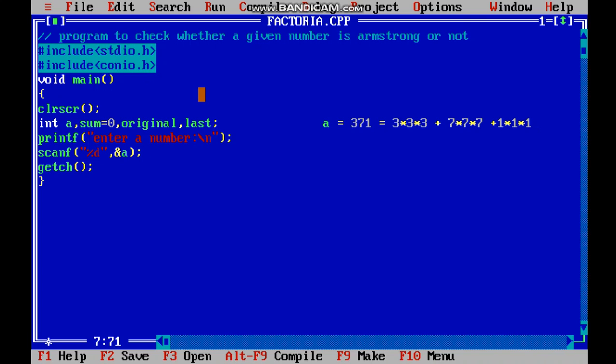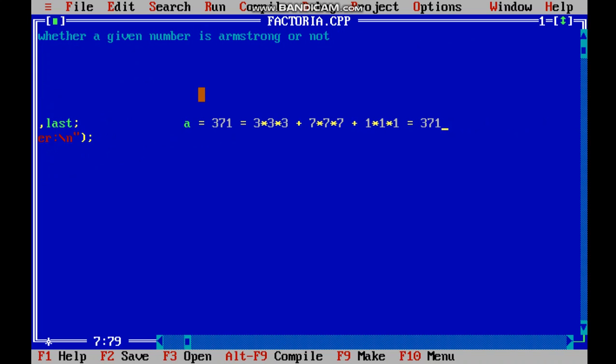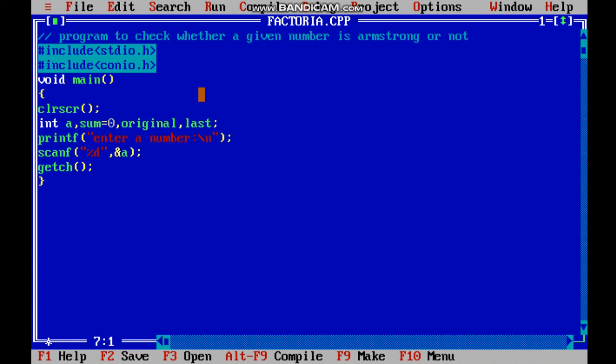This means if we take a cube of every digit and sum up and we get the same original number, that is 371, then this is an Armstrong number. Okay, the cube of every digit and its sum. So guys, let us code for this to check whether a given number is Armstrong or not.